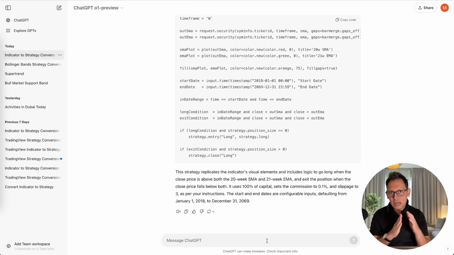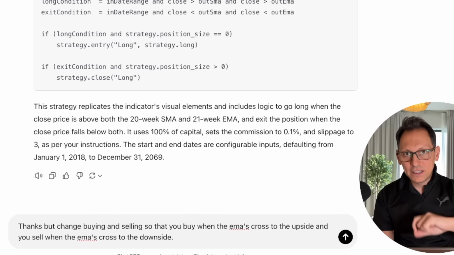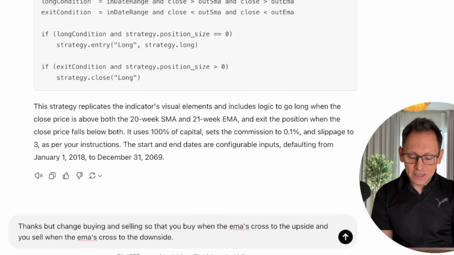when there is a cross to the upside of these two EMAs, and then we want to sell when there is a cross to the downside. Let me formulate a sentence and come back to you. Okay, so I'm telling it to buy when EMAs cross to the upside and sell when EMAs cross to the